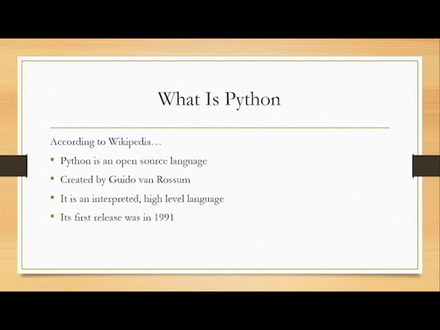So what is Python? According to Wikipedia, Python is an open source language created by Van Ronsom. He named this language after watching a show called Monty Python Flying Car. Python is an interpreted high-level language. What is meant by that? Well,